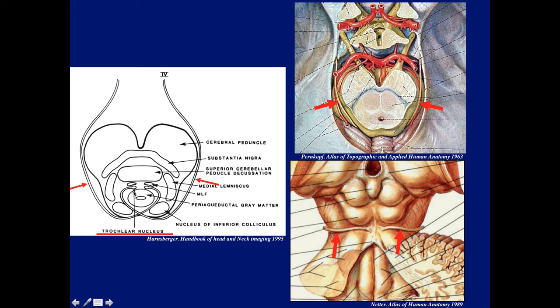And as we can see in this diagram, here are the two nuclei of the fourth nerve. They then travel posteriorly, really the only nerve that travels posteriorly, and then at the level of the inferior colliculus, they decussate or cross over, and then they exit on the posterior surface of the brainstem, as we can see in this nice diagram by Netter. These are the two trochlear nerves as they exit just below the inferior colliculus, and then they will travel in the cistern anteriorly around the brainstem.